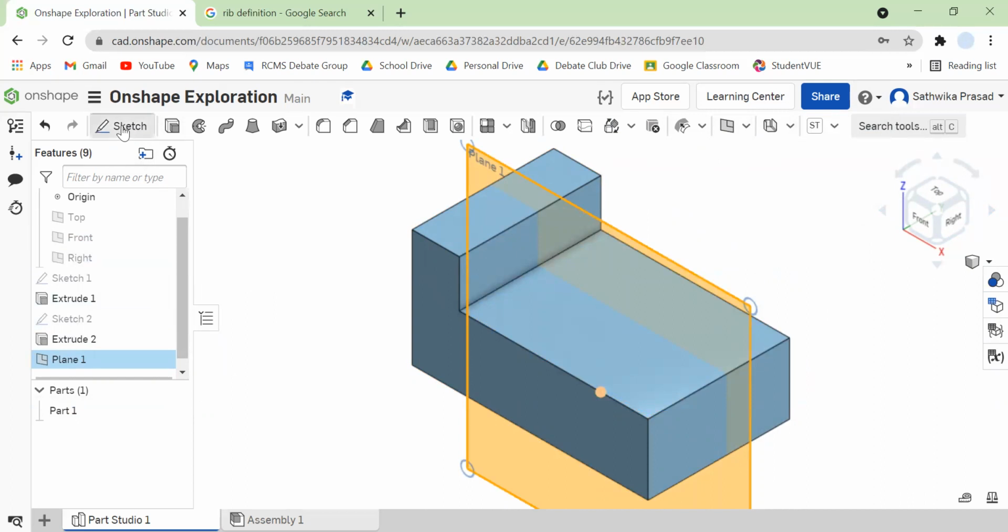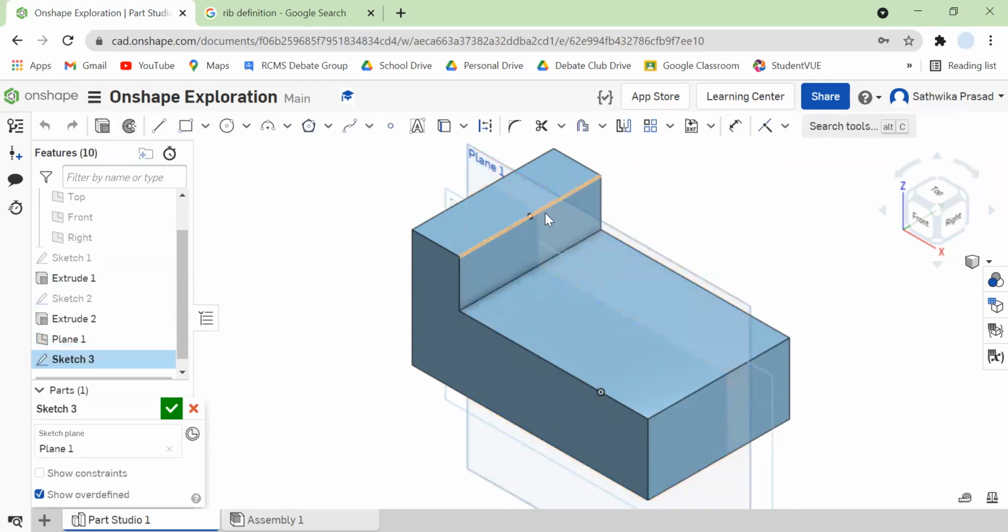Now what I'm just going to do is click on my plane one, come to sketch, and make a sketch. And then I'm going to hover over the middle of this entire box until the middle point of this line gets highlighted. I'm gonna click on it. I'm going to click on my line tool actually, and I'm going to make my line